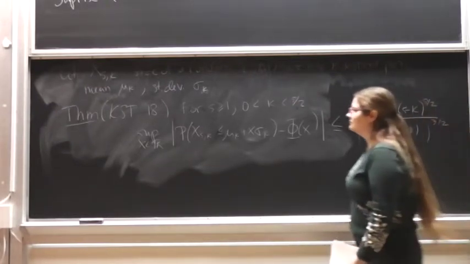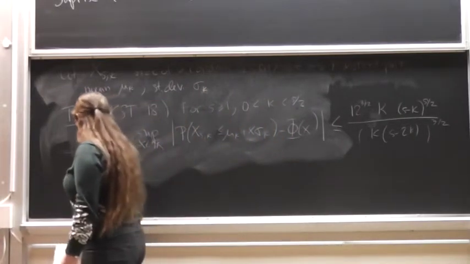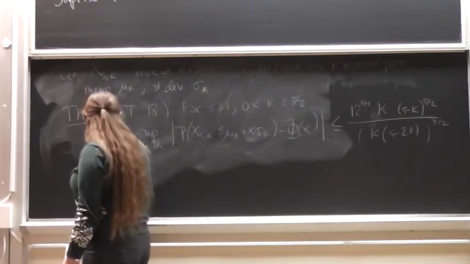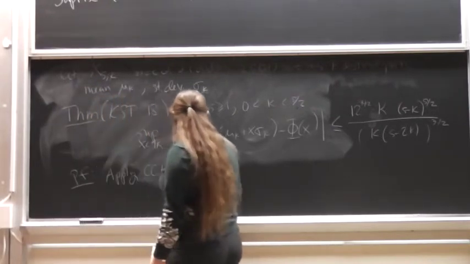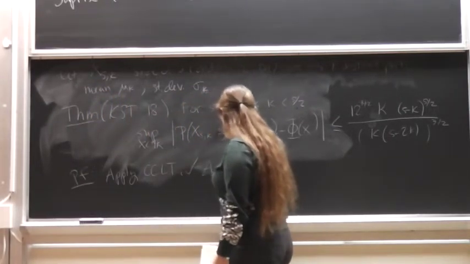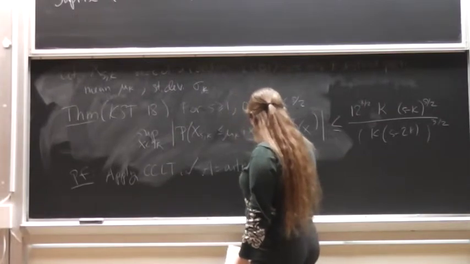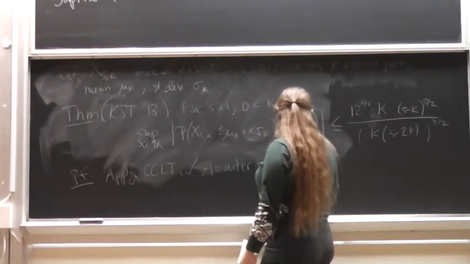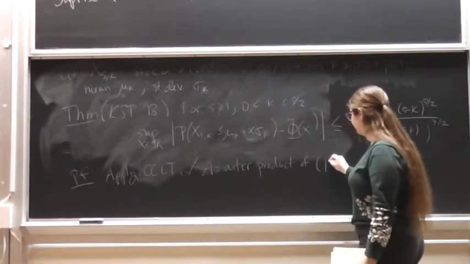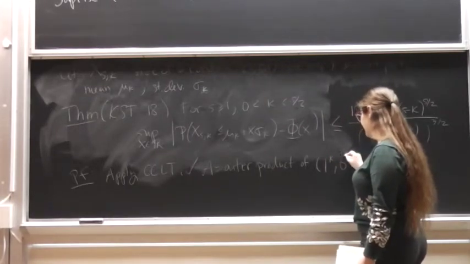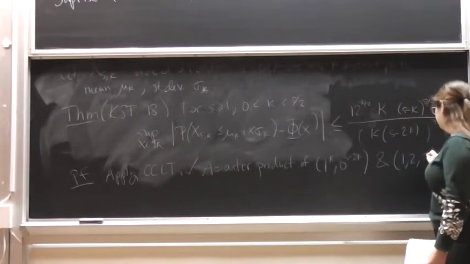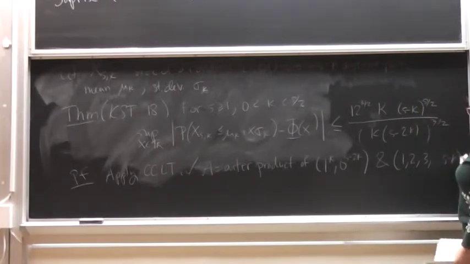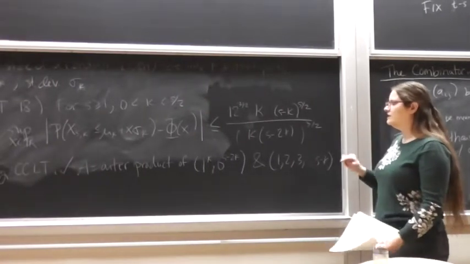And the proof is we're going to apply the CCLT with A equal to the outer product of the vector with k 1s followed by s minus 2k zeros, and that vector 1, 2, 3, all the way up to s minus k. So when you do this, and then you take a random diagonal,